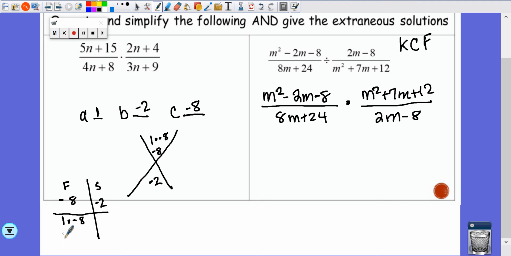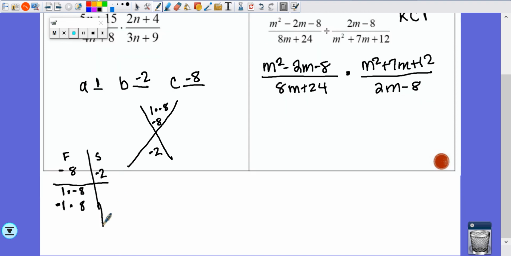So here 1 times 8 is -8. And then I'm going to get -1 times 8, which is -8. If I add this 1 minus 8, then we get -6. -1 plus 8 gives us